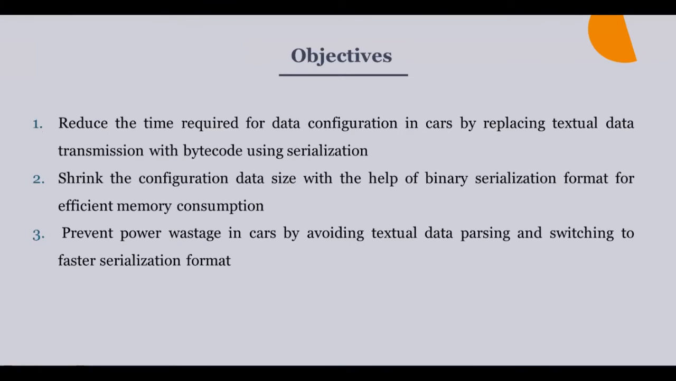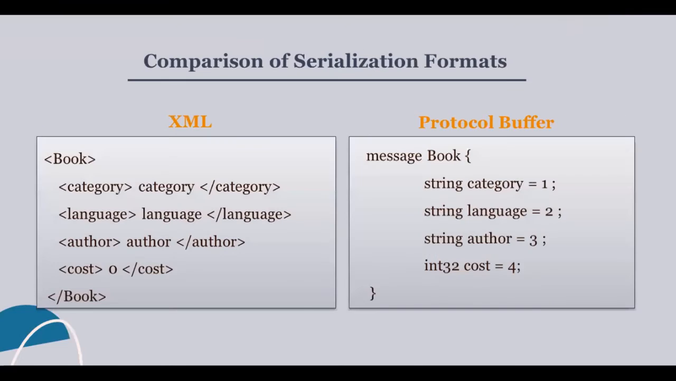Now, if we see the objectives of the study, the first objective is to reduce the time required for data configuration. This we are achieving by replacing the textual data transmission with bytecode. The second objective is shrinking the configuration data size with the help of a binary serialization format, which is protocol buffer in our case, and then preventing power wastage in ECUs by avoiding this textual data decoding and switching to a faster serialization format. If we compare the two serialization formats, XML and protocol buffer, the same amount of information is